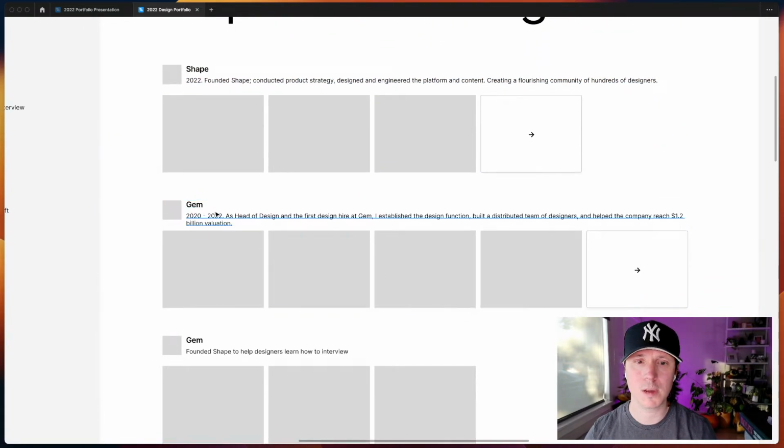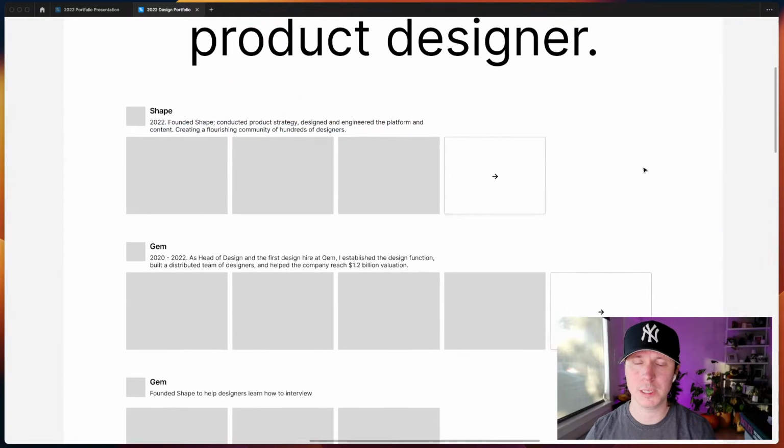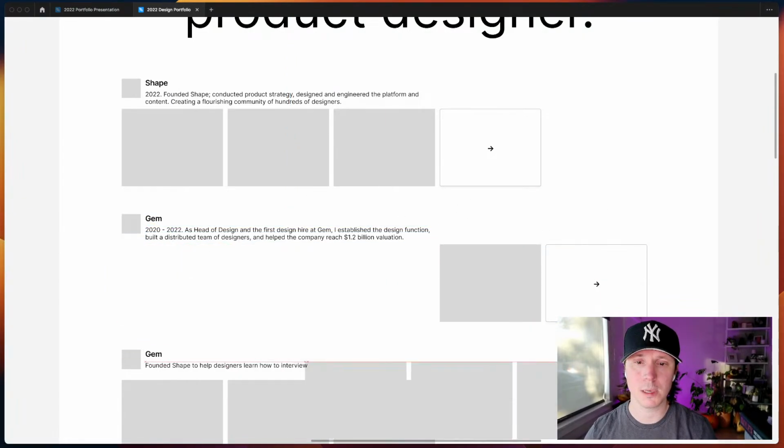So here we've got a line break, right? If I want to limit this, in fact, I want to go way shorter on this, because if there are multiple lines, I want people to be able to read it really easily without having to move their head across the page. And what that tells me is now this layout is really interesting. Like maybe there's something here where we could